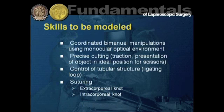So the skills to be modeled really consist of coordinated bimanual manipulations in an environment where we're using a magnified monocular optical environment. That's the essence of the transition from open to laparoscopic surgery. And the exercises to do that will ask us to manipulate instruments, to cut precisely while you're providing traction with